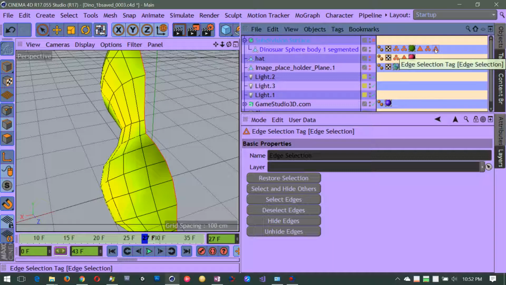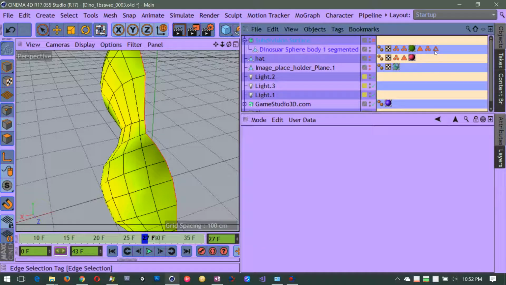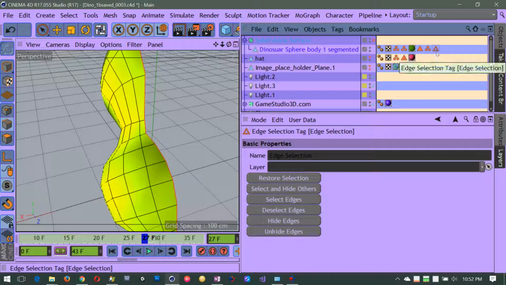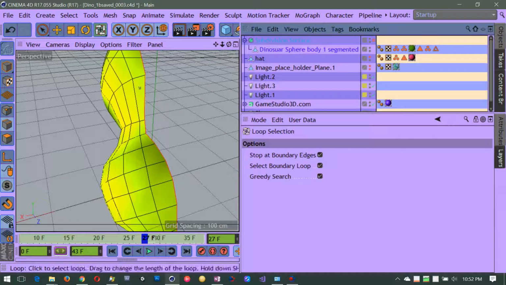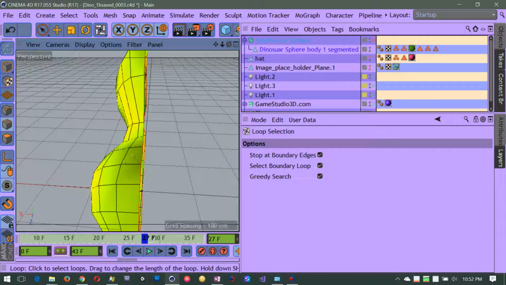And if you don't deselect it by hitting Control click, that will deselect it. If you make another selection, say you're on your loop tool again, and you want to make another selection somewhere else,